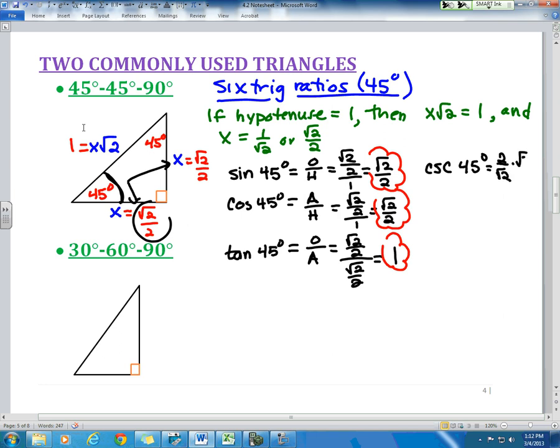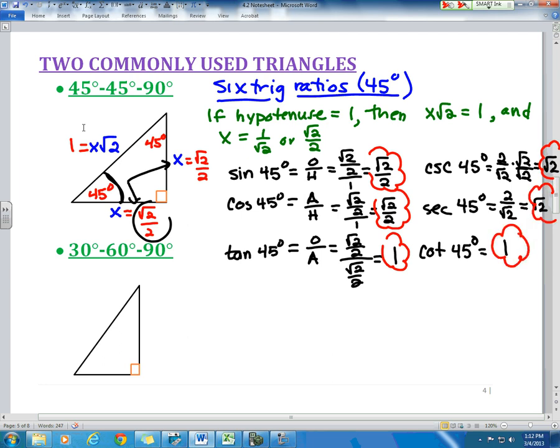And if we want to rationalize that, we rationalize it by radical 2 over radical 2. We get 2 radical 2 over 2, which is just radical 2. Secant, SEC is the abbreviation, of 45 degrees, is going to be 2 over radical 2. That's the reciprocal of cosine, which after we rationalize also gives us radical 2. And then the cotangent abbreviation COT is the reciprocal of the value of 1, which is just 1. So the 3 reciprocal trig functions have values of radical 2,